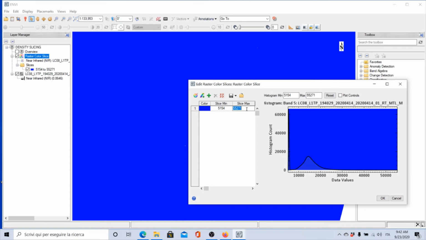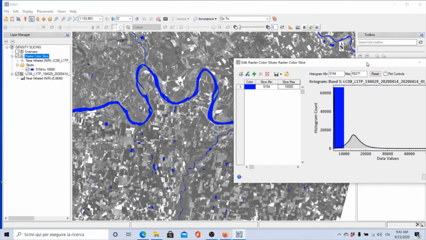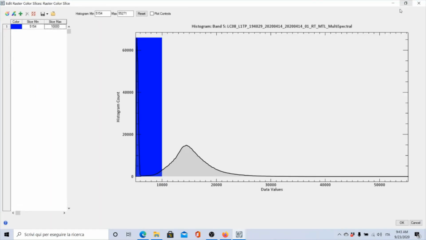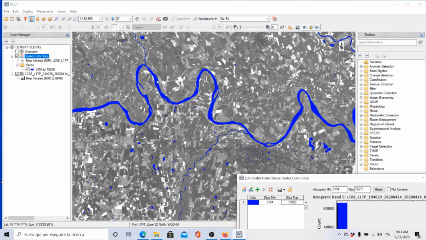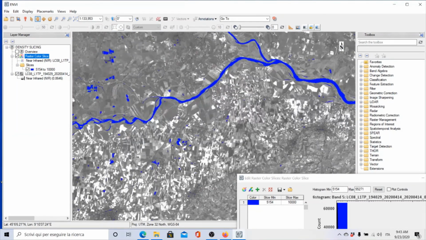So for example, if I have a range that is going from 5,000 to 55,000, maybe I can change the maximum and try to put it at 10,000, for example. All right. So you see, I select these things here. And as soon as I define these things here, you see that magically in this image, the water has been colored in blue. Of course, there are also other things that are not colored in blue,